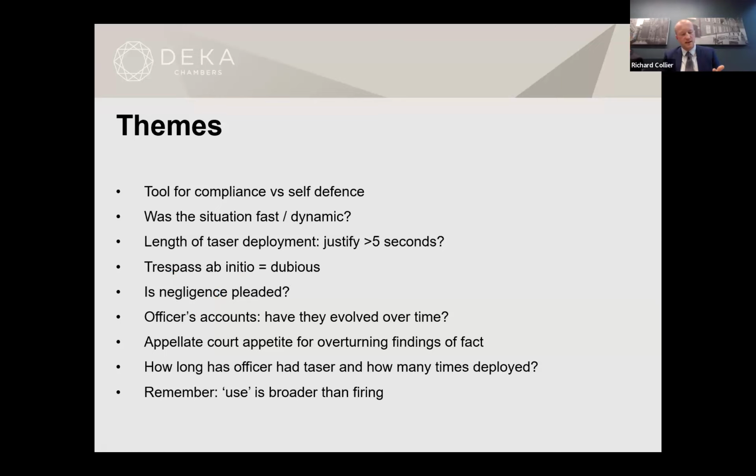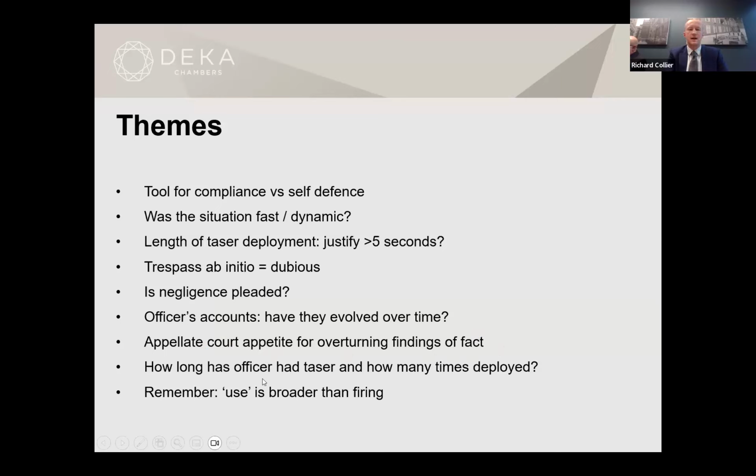So think about what they did and said in the body worn, what their use of force form says, what the MG11 says, what their witness statement, civil proceedings says, what they said in oral evidence at trial, and consider whether or not there's a thread of consistency across those accounts. Does seem to be an appellate court appetite for overturning findings of fact, or at least interfering with conclusions drawn